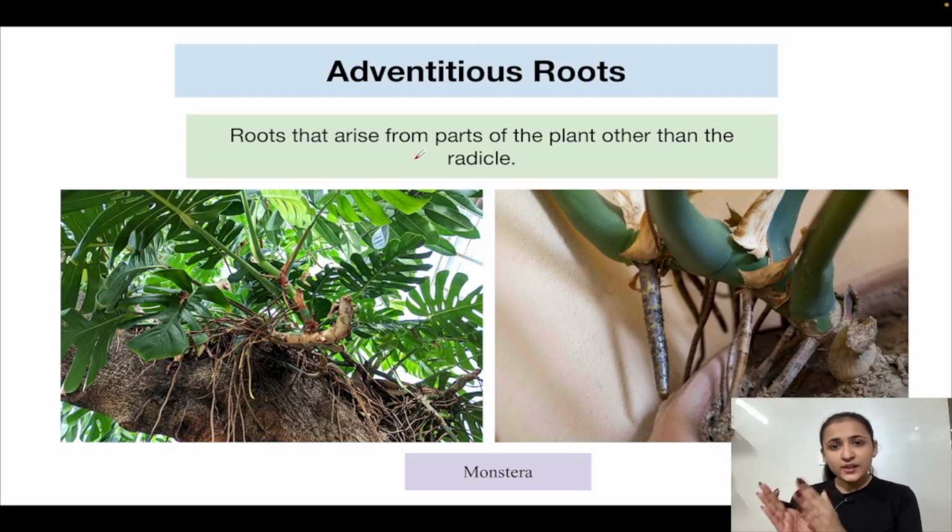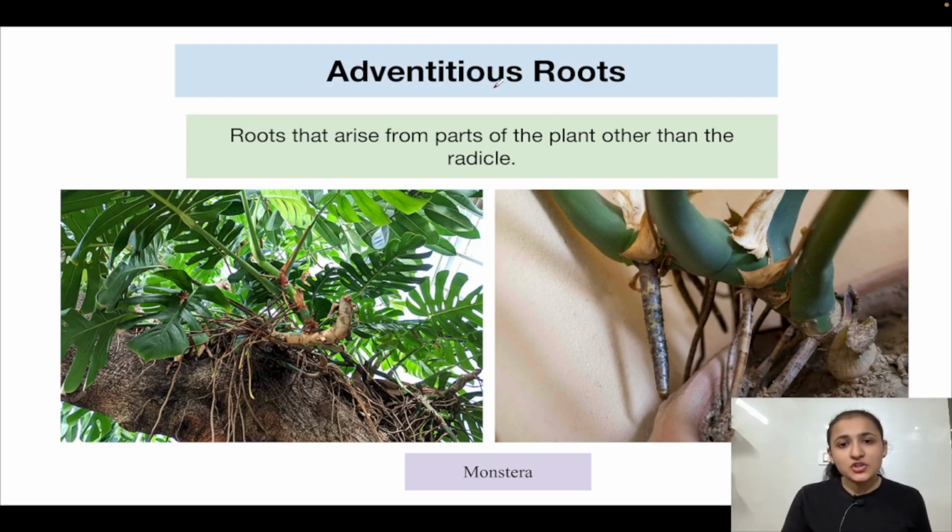After the primary root withered away and was replaced by other roots, those other roots arose from the base of the stem. Now that base of the stem is not the radicle part of the plant, right? So all of those roots which arise from the parts of the plant other than the radicle are known